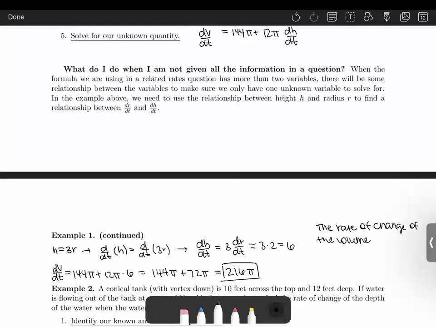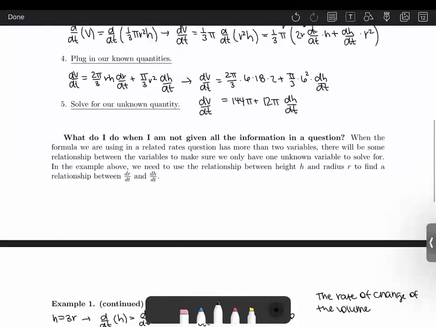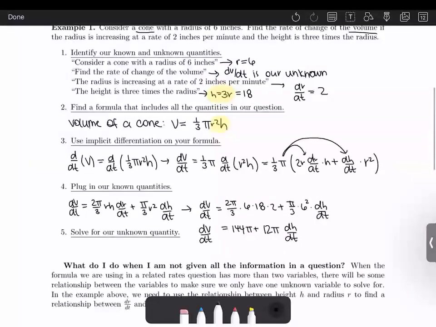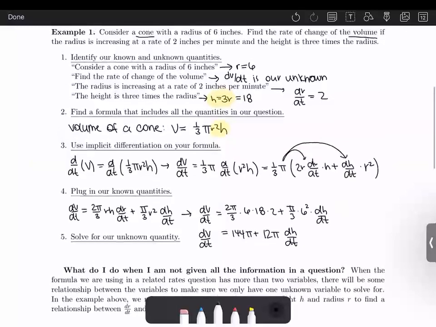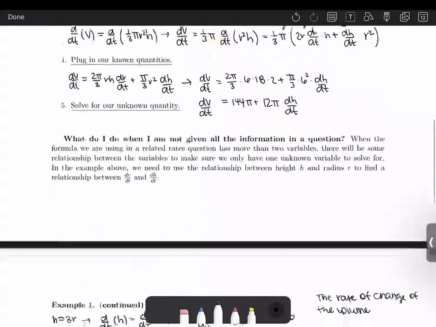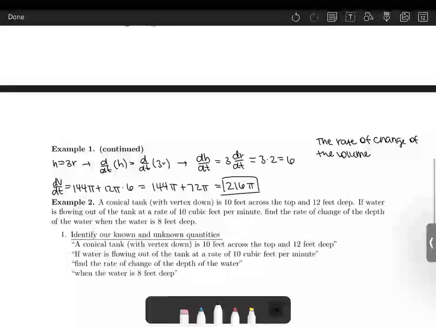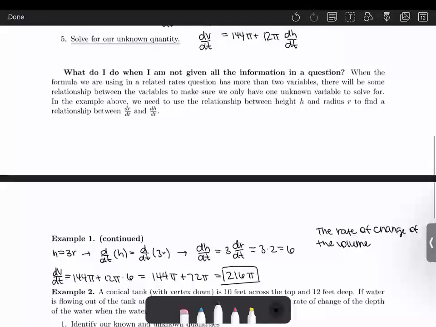And we found out that this was positive 216 pi. So again, I just want to pause here and say, does that make sense? So we can see that the radius was increasing whenever we were filling a cone. So it makes sense that if the radius was increasing, so would the volume and so would the height. So the rate of change of the volume